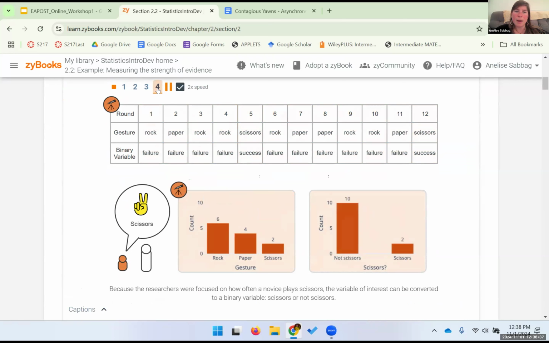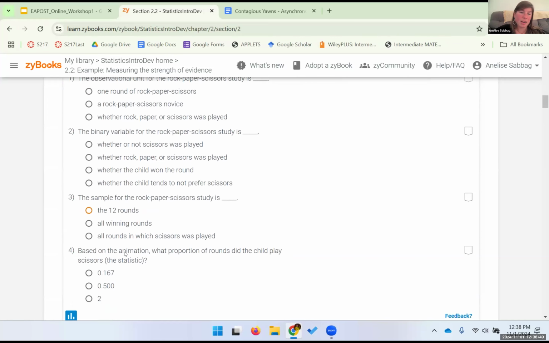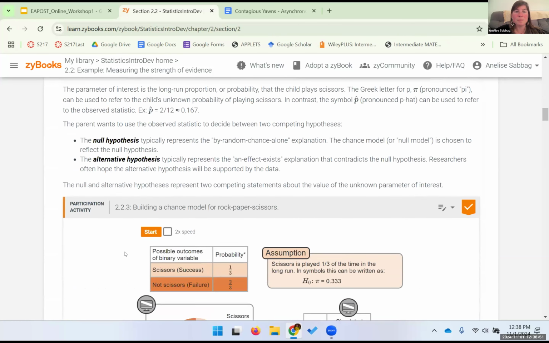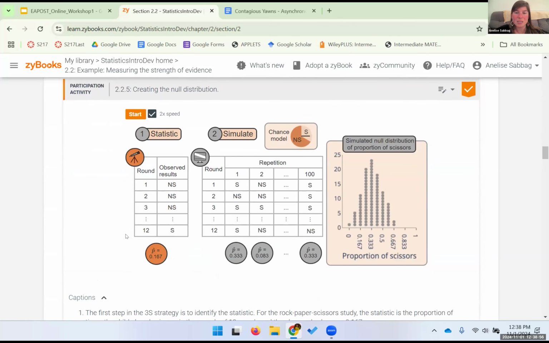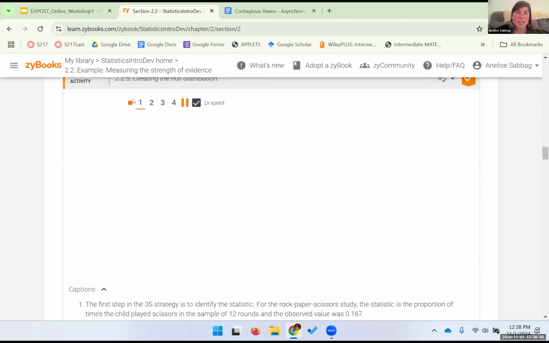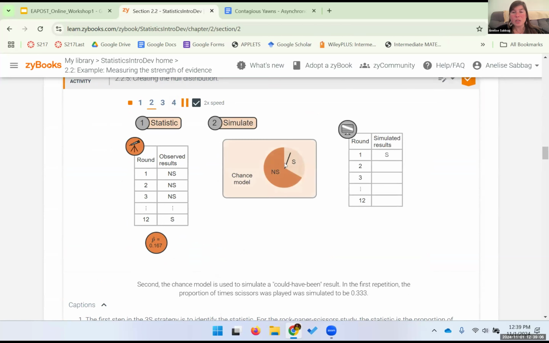And we get to the final part where they actually have the statistic, which in this case was the proportion of times that someone played scissors. And this is followed up with questions about observational unit, binary variables, and so on and so forth. We talked about the null and alternative hypotheses, and I want to show you this specific animation where they actually show what the simulation will look like. So they start with the observed results. They move on to do a simulation under the assumption that there is a 1/3 chance that someone will choose scissors,